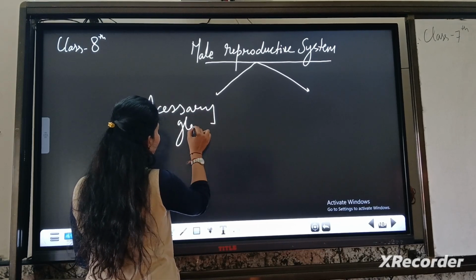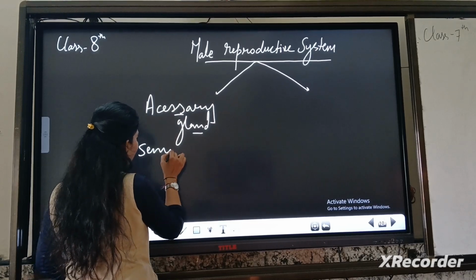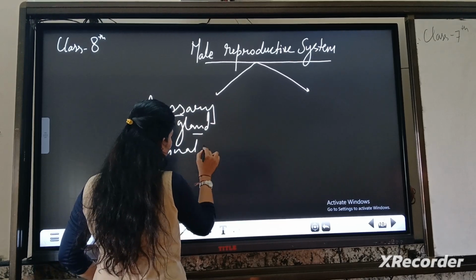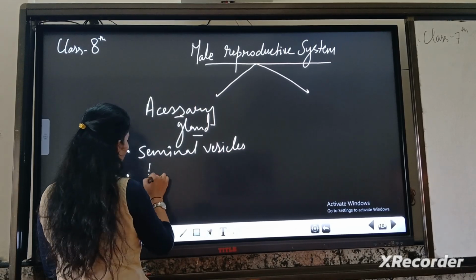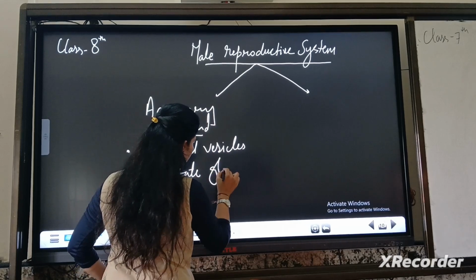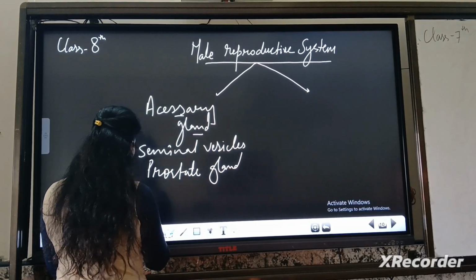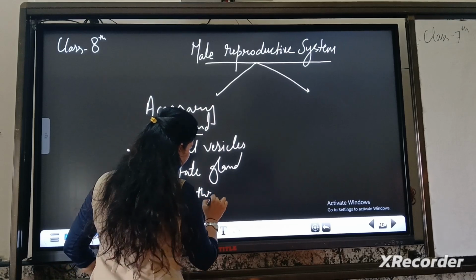Accessory glands are, first, your seminal vesicle, second, your prostate gland, and the last one, your bulbo-urethral